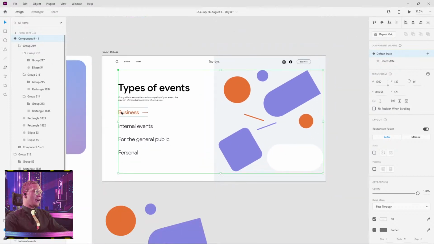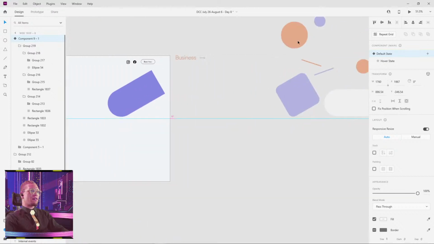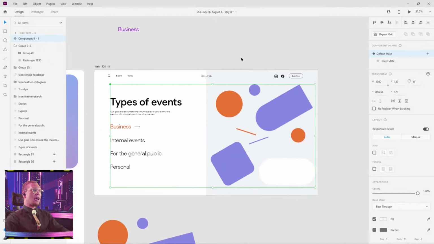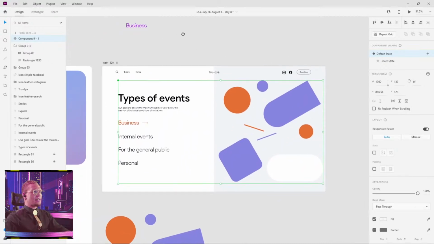Yeah, because I've done nested components, but if we take this off the artboard, it still has this area where it's just like, hey, if you hover anywhere in this area within this nested component, you're still gonna have a hover animation. So I'm curious. Yeah, let's chat about that.